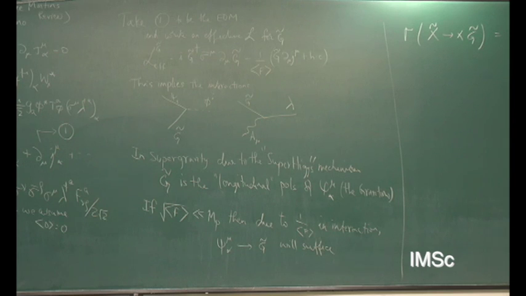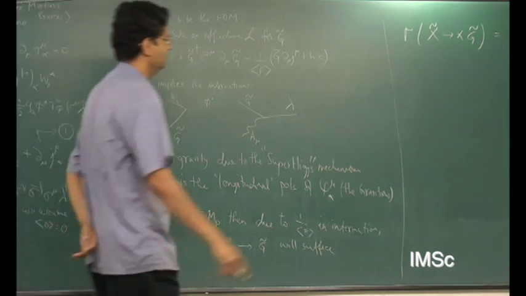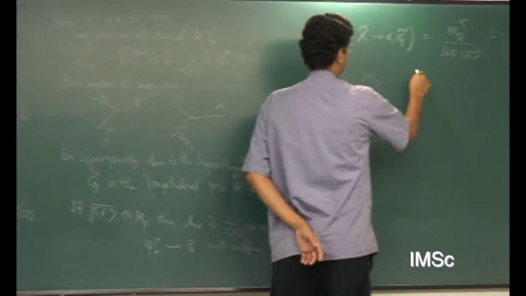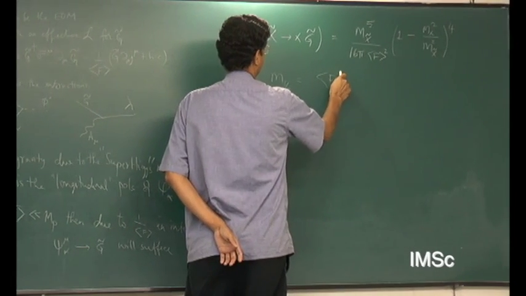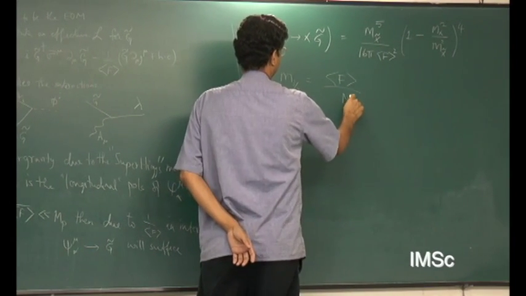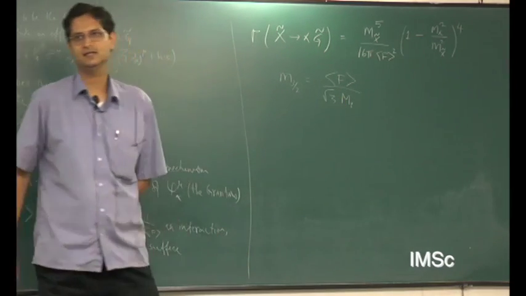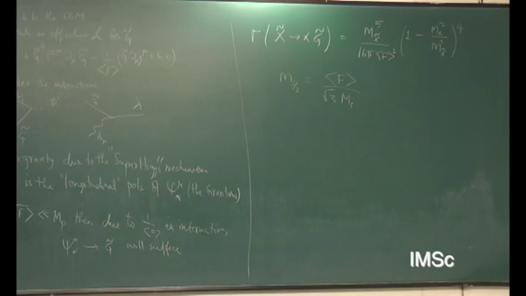Roughly speaking, or not roughly speaking, you can write down the relation that the gravitino mass, m_3/2, is just given by F over M_Planck. There is some square root of 3 factor or something. So it will relate the mass to the coupling, and this will impose a non-trivial constraint from cosmology. So you cannot pick an arbitrary gravitino mass.